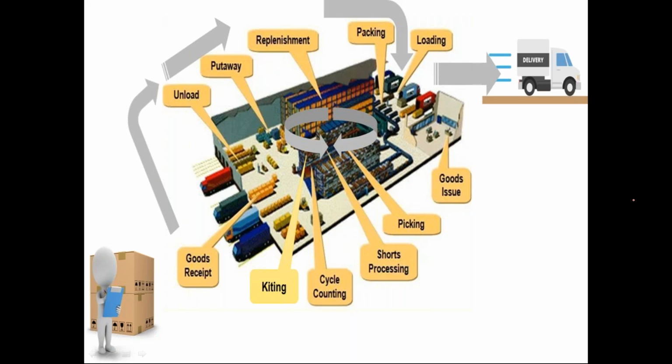Let's say a TV set. I know what components are needed in a TV set. I'll keep all those components in one box and pack them together. Then whenever a customer orders, I'll directly issue the kit TV set. Right? And based on the customer requirement, if you are generating kits, that is called kit to order.